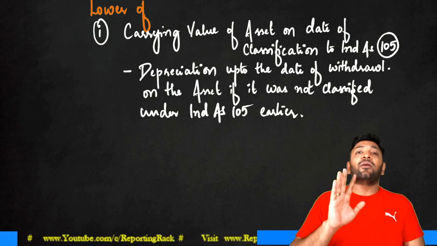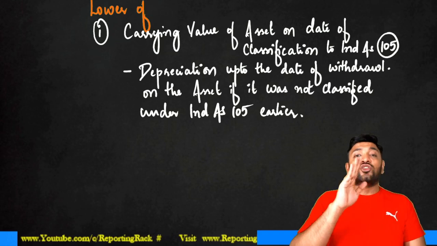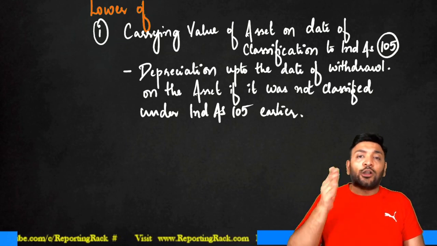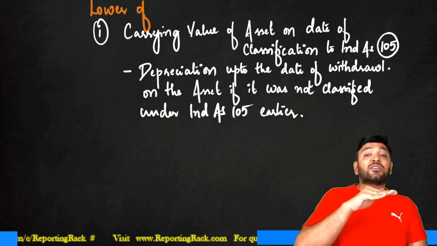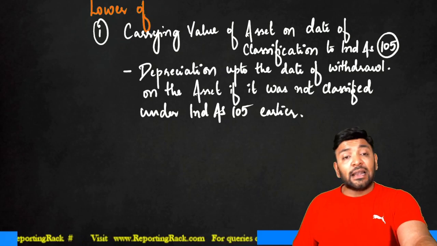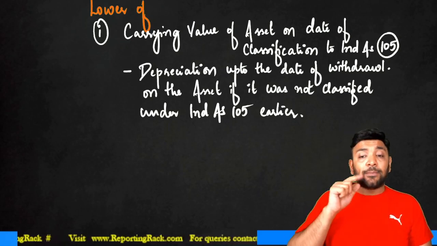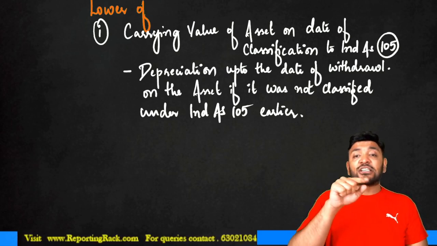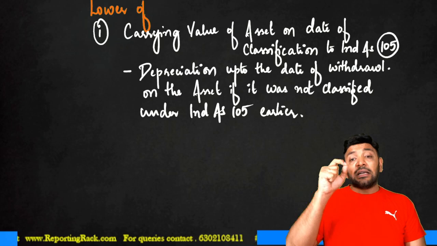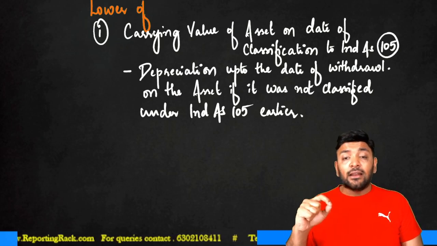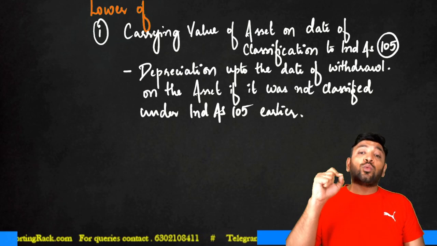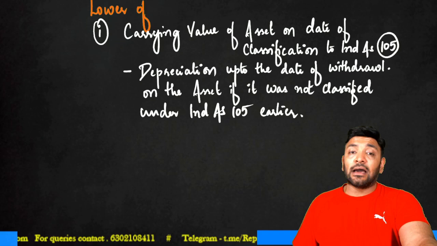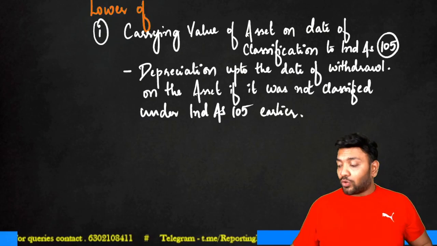In simple essence, what? If the asset was not classified to 105 earlier, what would have been the carrying value of the asset on today's date? If it was not classified to Ind AS 105 earlier, then definitely I would have continued to charge the depreciation. Correct? So, by continuing to charge the depreciation on the asset up to the date of withdrawal, what would have been the carrying value of the asset had it not been classified as Ind AS 105 earlier? That amount,